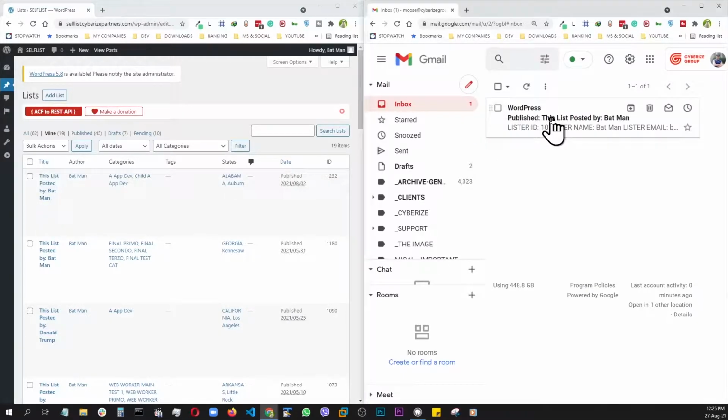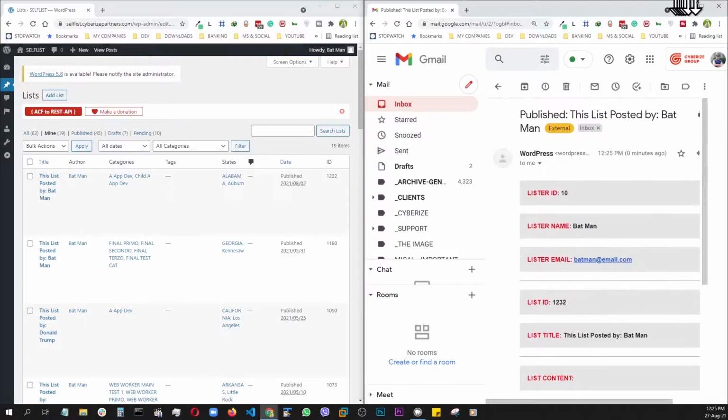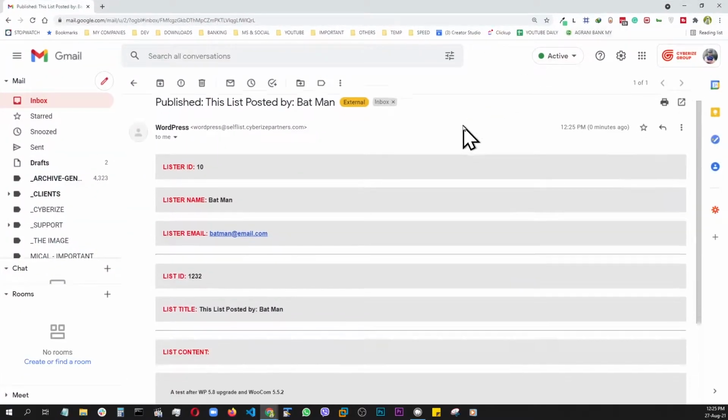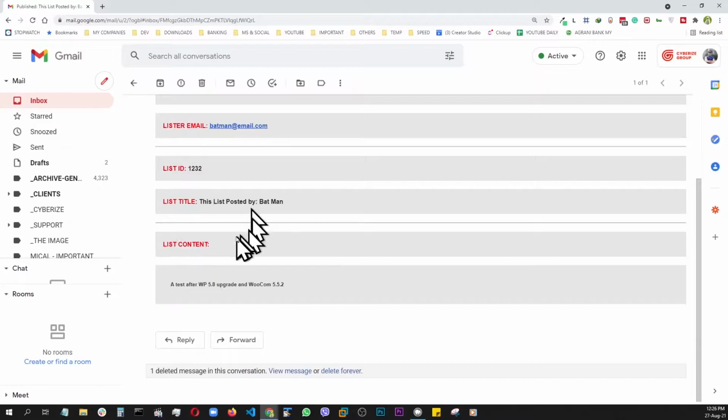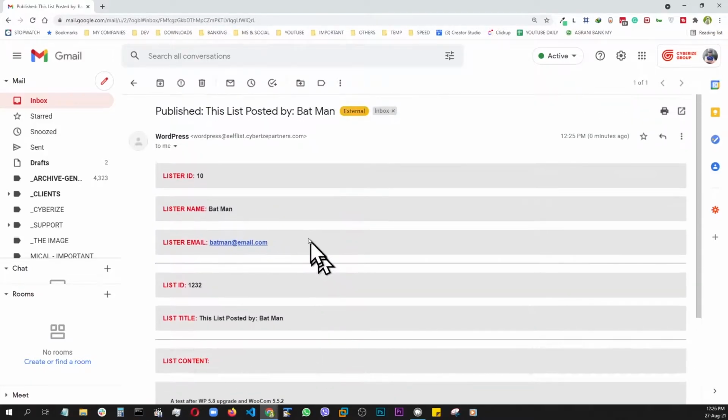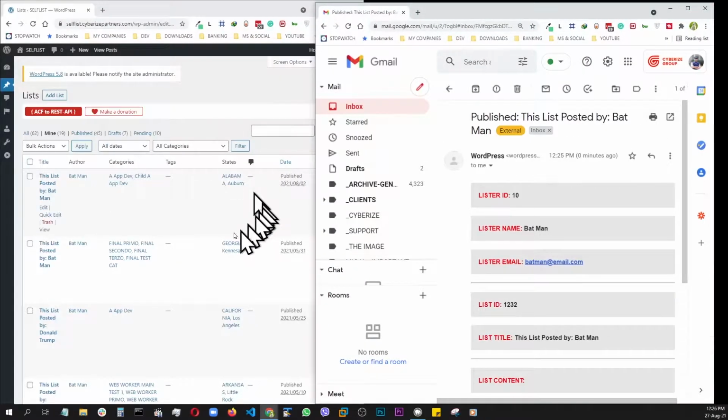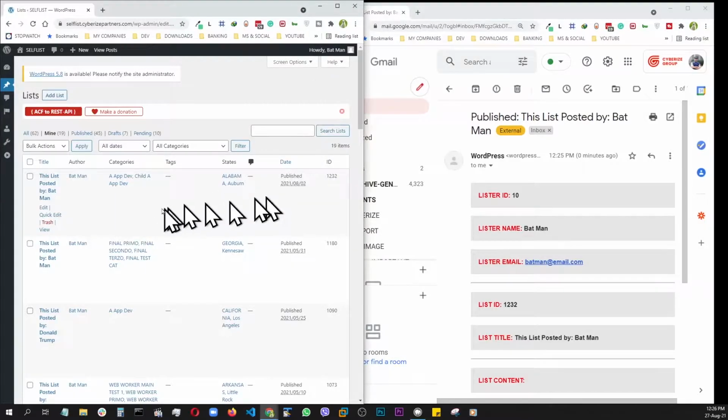An email arrives, and the email has all this information. Let's make it larger. We have the poster ID, the author ID. Basically, I'm calling it lister because it was a requirement from my application, so don't pay attention to that. Basically, what's happening is it's the author ID, author name, author email, and the post ID, post title, and post content. This will all be included in that notification email, and it will be triggered by the change of status to